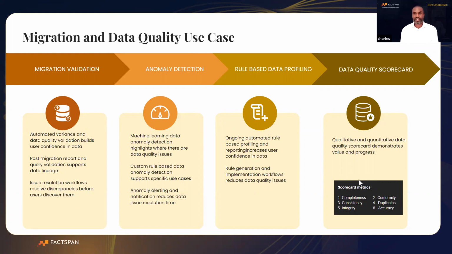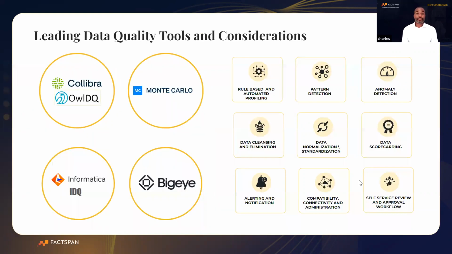If you go to the next slide for me, please, Parul. So there are many tools that will help you to do this. And we have two variations here. There's Collibra and Owl IDQ, which comes integrated as a data catalog solution and also a data quality solution that also has data observability built in. It's one of the few tools out there that has a very holistic view of how you can put all of these things together. And then you have tools that are standalone data observability tools, and tools that are standalone